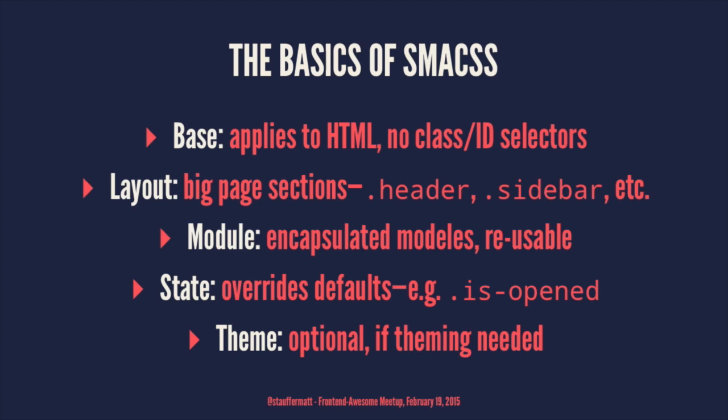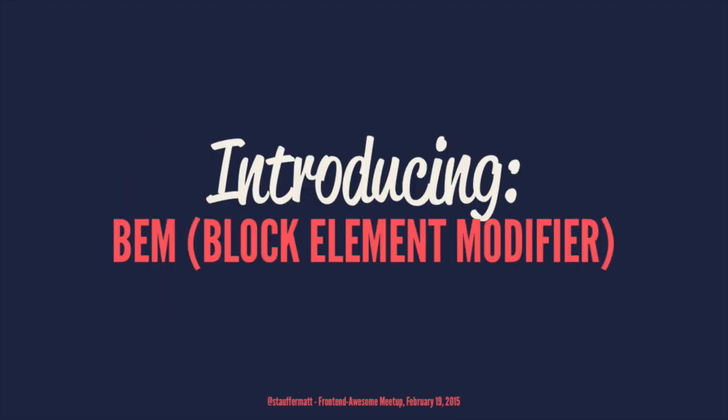So suddenly we now know how to organize our CSS. We have these big chunks that we're putting into, and this module is kind of this really important object-oriented concept. Finally, how do you name it? Now, the SMACSS guy came up with some naming concepts. His usually were a single letter, dash, whatever. And so it was like the layout ones were going to be .l-header, .l-footer, .m-whatever for modules. And it didn't really pick up all that well, and people were kind of confused because how do you figure out